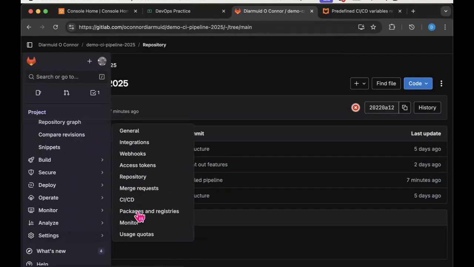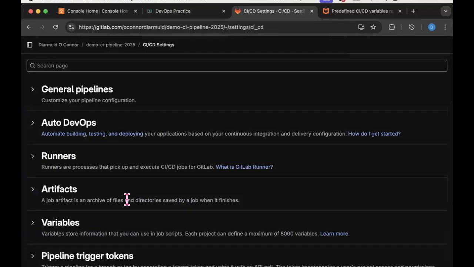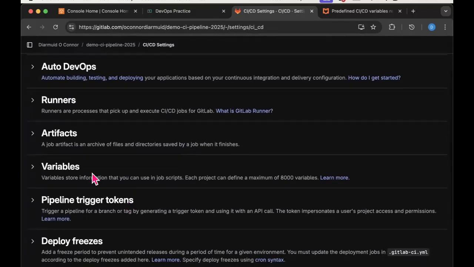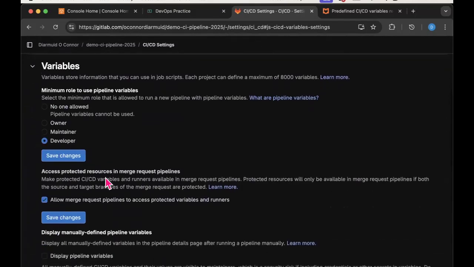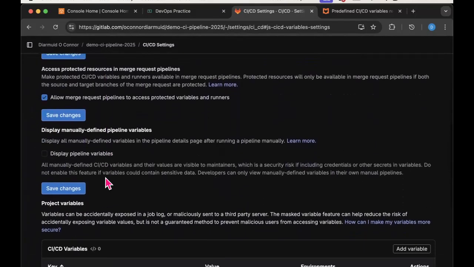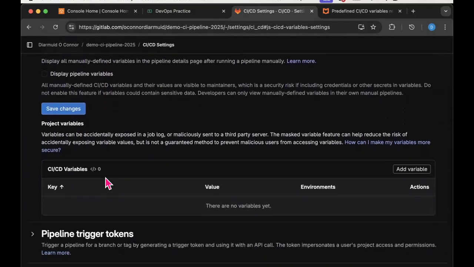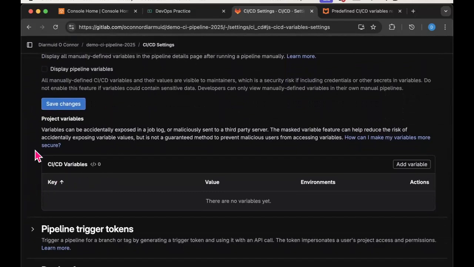You can see now from the variety of areas that are available to us within GitLab, there's so much to this GitLab service. But if you go to CI/CD and then you go to variables and then CI/CD variables. So there's a heck of a lot going on here. Here's CI/CD variables. You add a variable